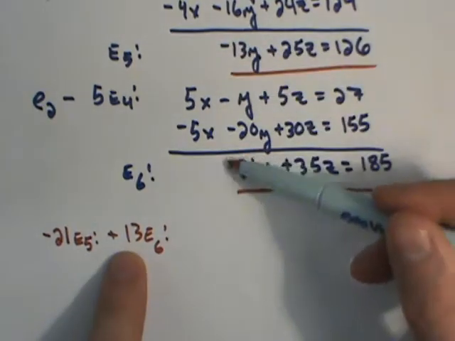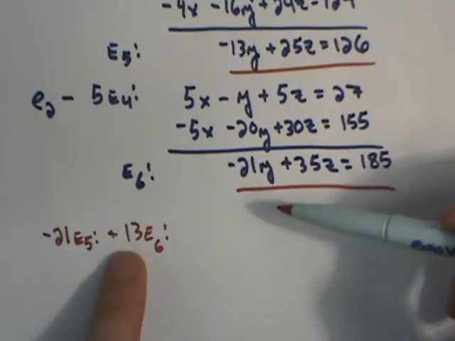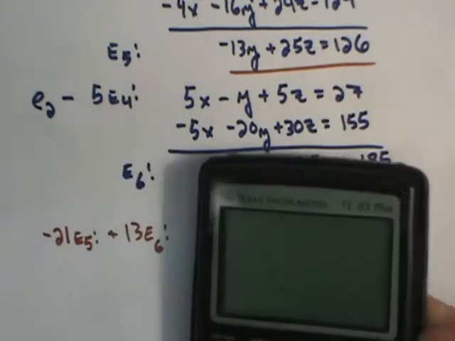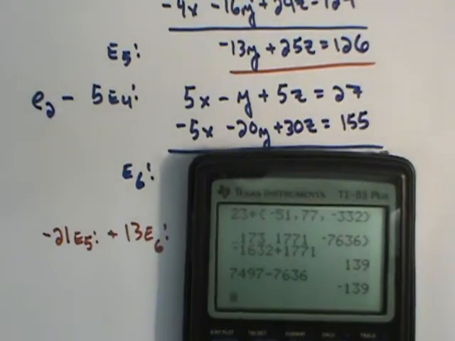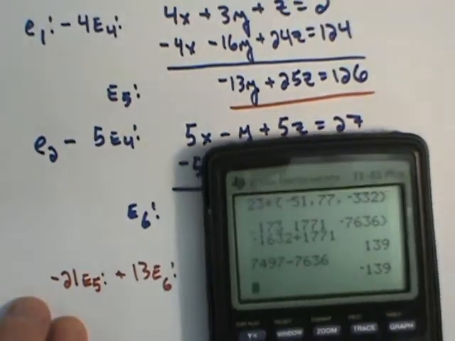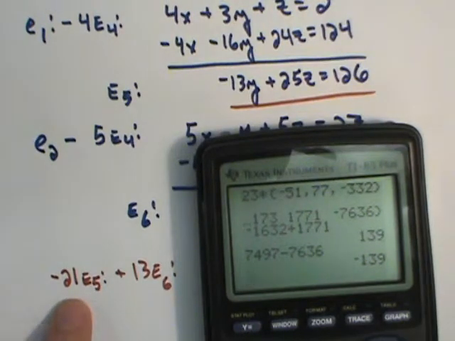And if I multiply this equation by 13, it would stay negative. I'll be able to eliminate my y's. And so when I do this multiplication, I want to show you a neat little trick in the calculator. If I turn this thing on here, if I want to multiply equation 5, that's what's right above my calculator here, I can go negative 21 times, and then if you use this second